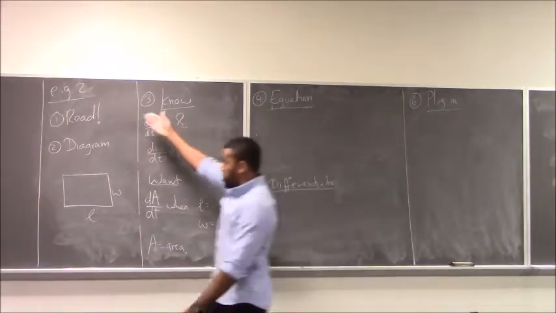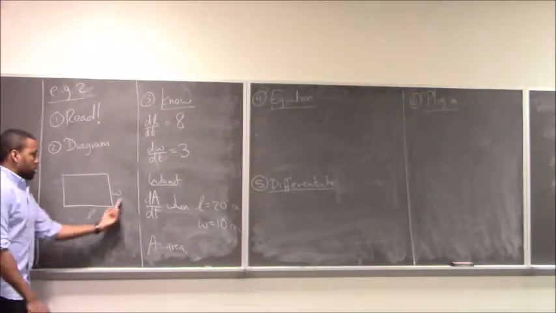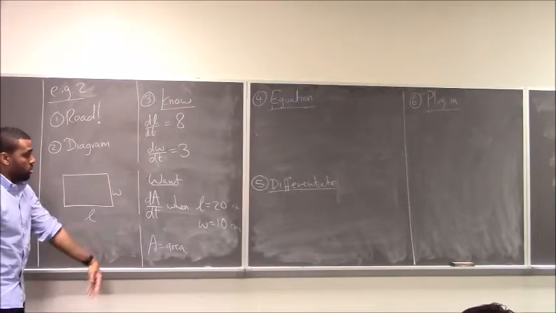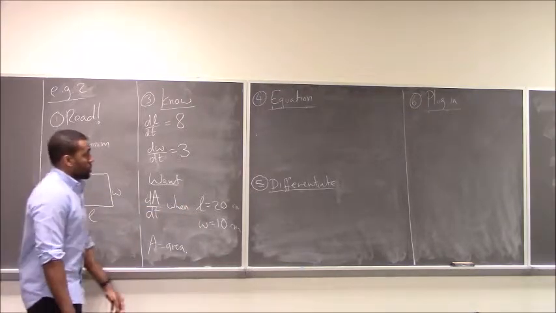Okay, so we've read the problem, realize it's a related rates problem, so we jump into the 6-step process. Next step is a diagram. Label things that are changing with variables, anything that's not changing with a constant. Write down the rates you know, write down the rate you want to find, and the situation you want to find it in. So what's the equation